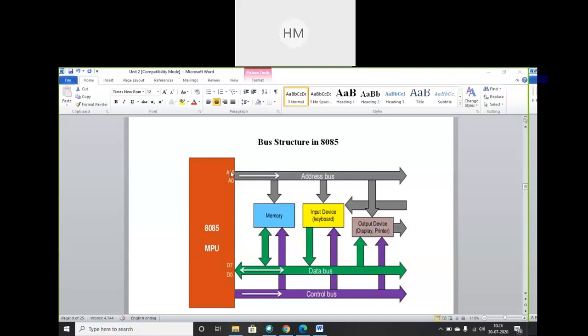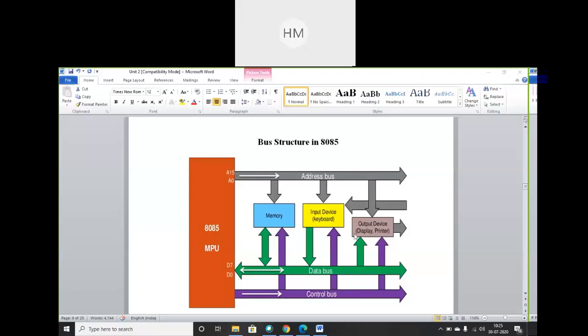The 8085 microprocessor is used over here. These lines are going outwards. The address always tells from which memory location it has to be accessed. So it is always going outwards. Clear? It is connected to memory and input-output devices. The data bus comprises D0 to D7, which is bidirectional. You can take and you can give the data. The control bus will generate all the control signals associated with memory and input-output devices.